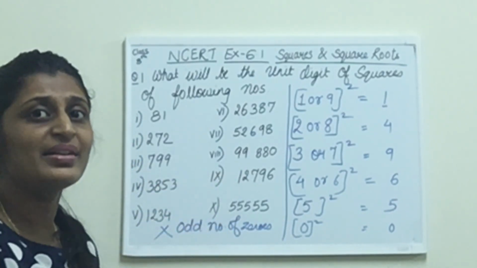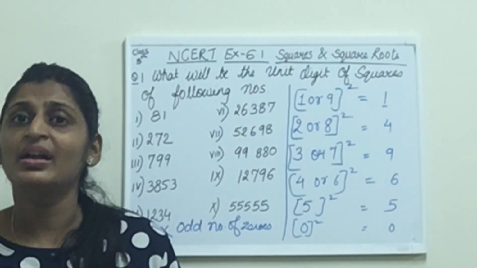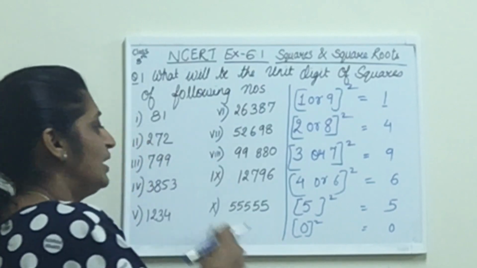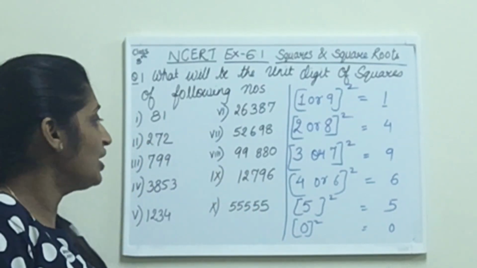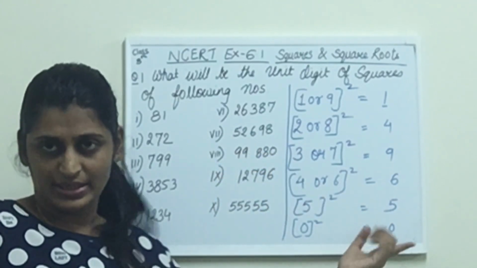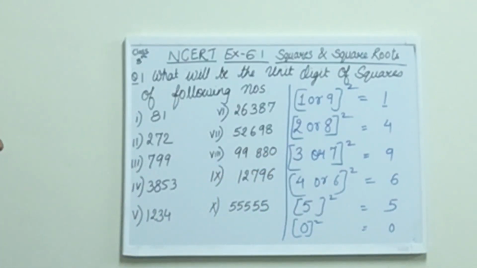We have already discussed this in a previous video. Therefore, there will be double the number of zeros which are given in the number, and the number ends with 0, right? So, quickly going through it,